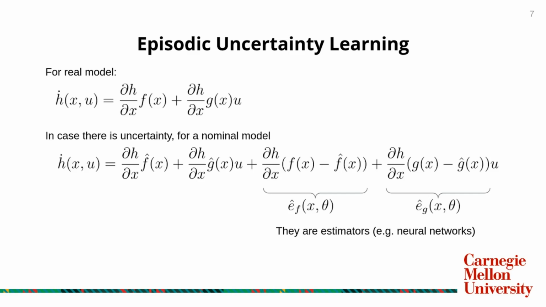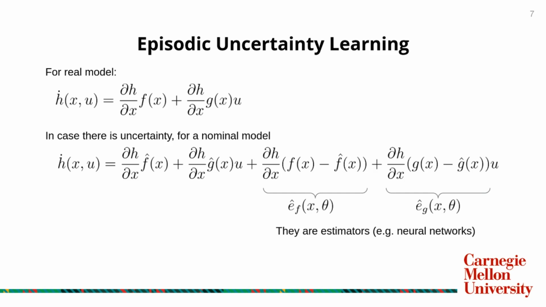When we refer to the episodic uncertainty learning, we take that we have a real model such that h dot is equal to the expression shown in the slide. But because we don't have the real model, but instead a nominal model, we need to make an arrangement in the equation such that we have an expression similar to the real model, but at the same time a residual error that could be modeled with some estimators. And in this case we chose